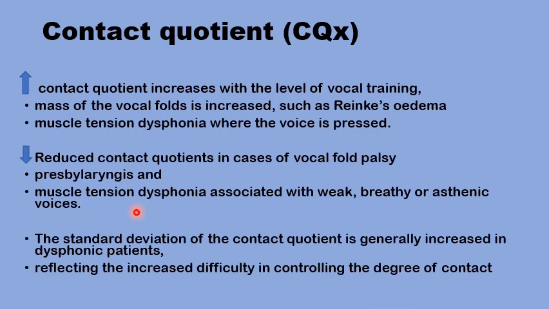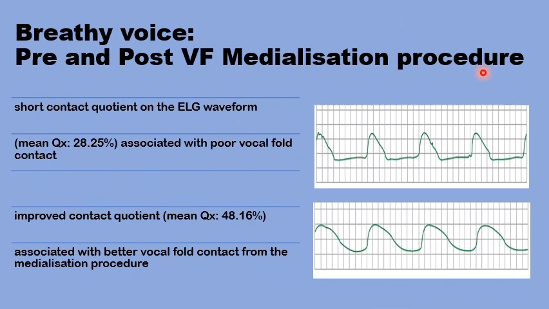What is also of importance is the standard deviation of the contact quotient between different cycles, as this would generally reflect an increase in dysphonia due to the difficulty in controlling the degree of contact from one cycle to the other. To illustrate this further, these are traces of glottal area waveforms from a patient with vocal fold palsy before